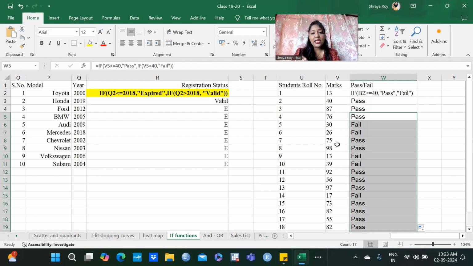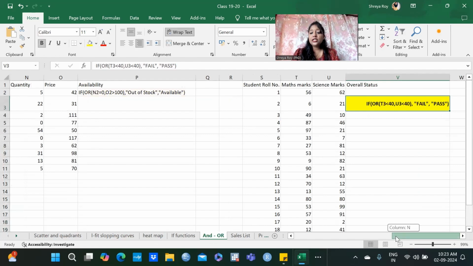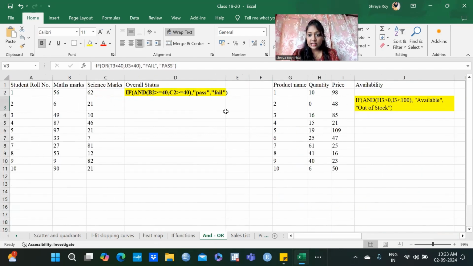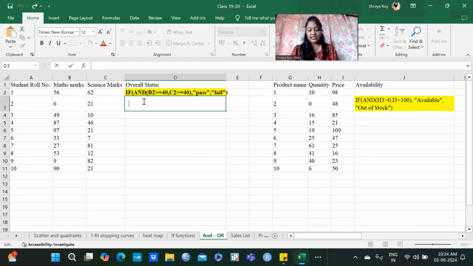Now, this was the basic logical if function. Now let's move to the logical if and function. Okay, so over here, the question is, if the student scores 40 or above in maths and 40 and above in science, then mark the student as pass, otherwise fail. So basically, if the student scores below 40 in any of the papers, then we will mark the student as fail. Okay, let's just type is equal to if